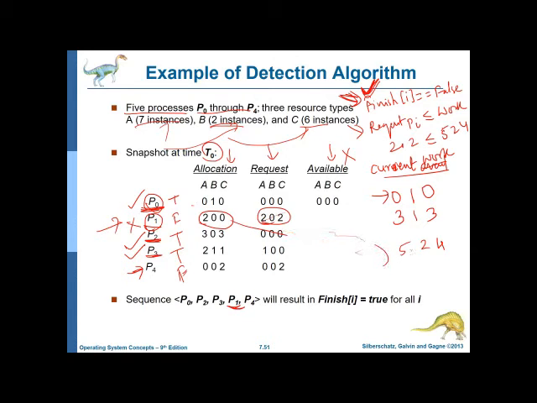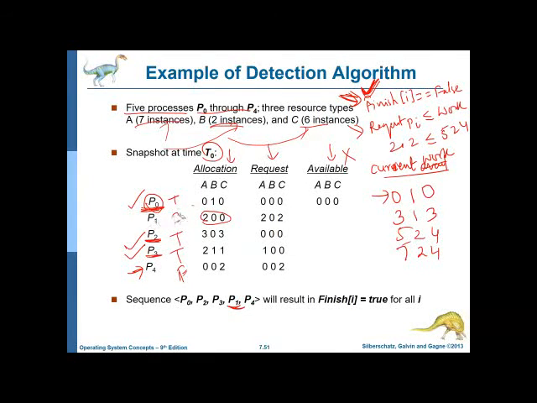So that means you have to add 200 to this particular already available thing. Now it becomes 724. Got it? So we're going to add that. So I'll rub the middle part. We added 724 along with this. Let's rewrite it. 524, then now it becomes 724. Got it? So P1 has been satisfied. It returned what has been allocated to it, 200.